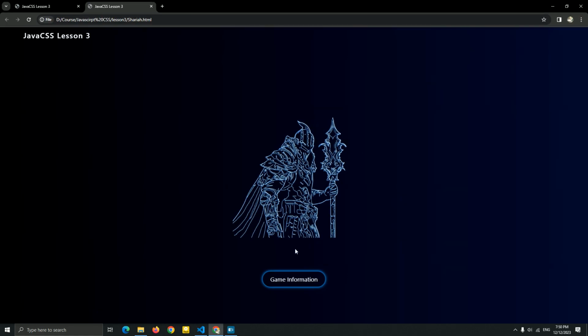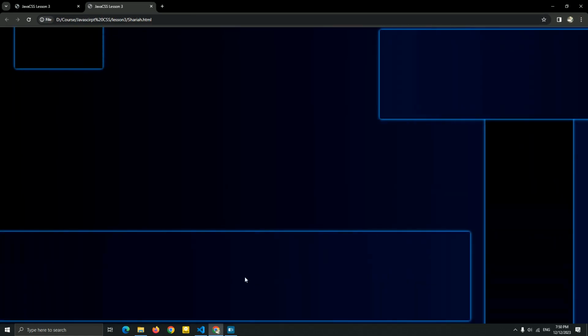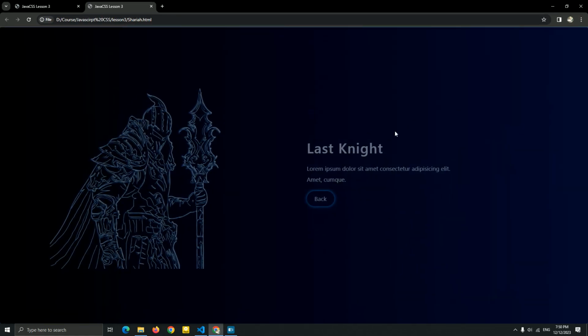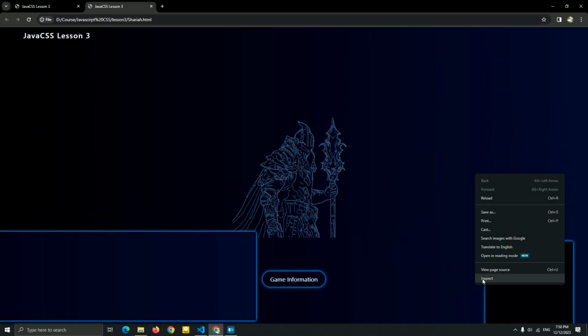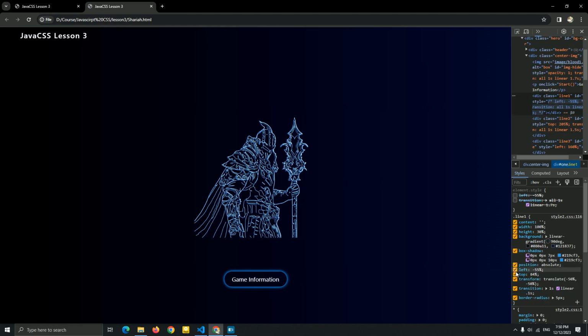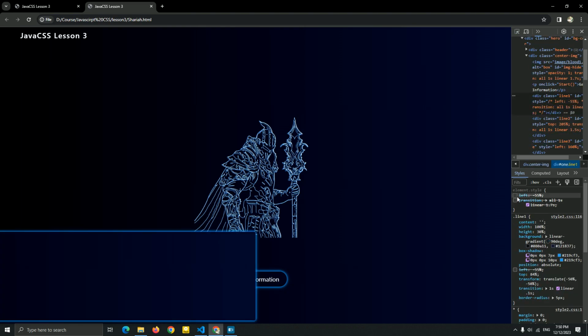Okay, if you see here, we have this animation. So how do we create this square animation? Let me show you real quick. You can see this is a square that we created with CSS. So we're going to create the same, and we just add animation of the line, with this square starting from the left and going to the right.